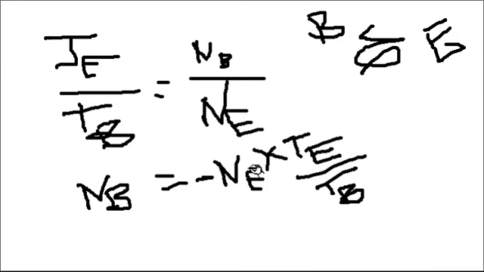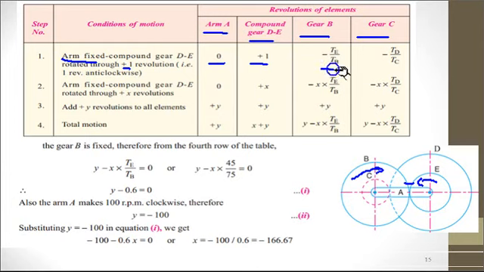So here I am going to substitute 1 instead of NE. So 1 multiplied by anything gives the same thing, which is why we keep TE by TB. Next, for gear C, we need to calculate the velocity ratio. Gear C meshes with gear D. So from that velocity ratio equation, we calculate the gear speed equal to minus TD by TC.